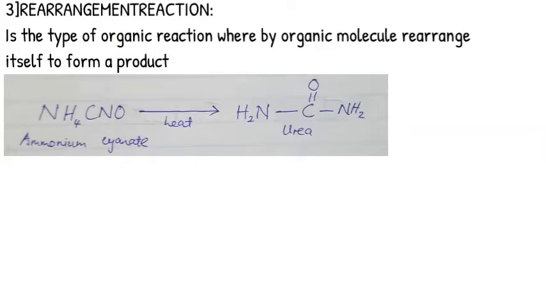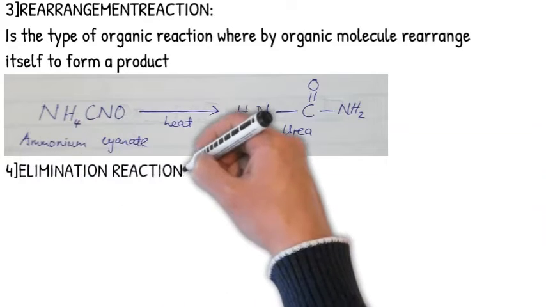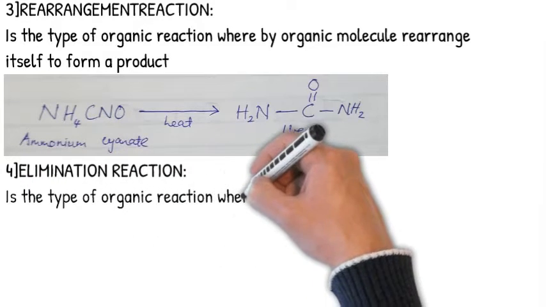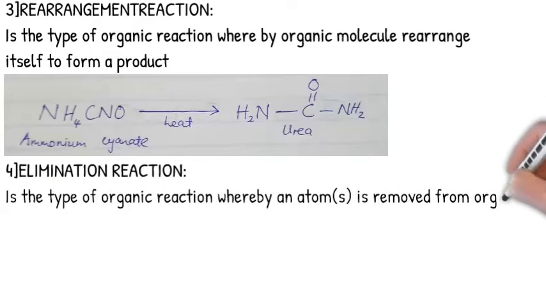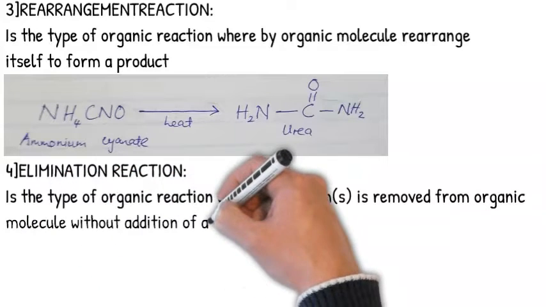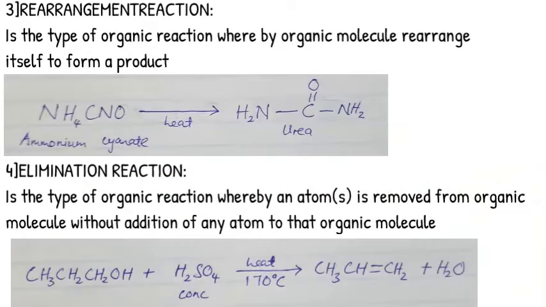See this reaction: when ammonium cyanate is heated, it rearranges itself to form urea. Elimination reaction is the type of organic reaction whereby an atom is removed from an organic molecule without addition of any atom to that organic molecule. See this reaction between alcohol and concentrated sulfuric acid at a temperature of 170 degrees centigrade: they react to form alkene and